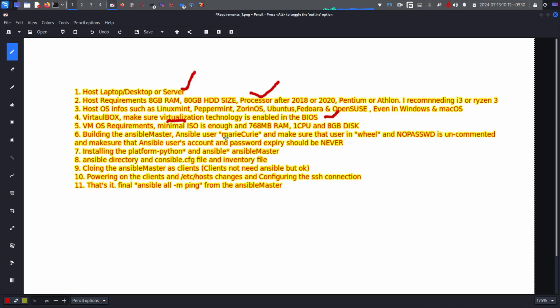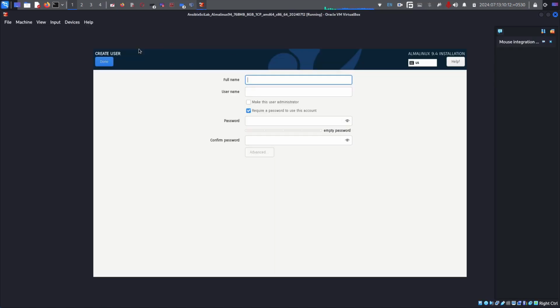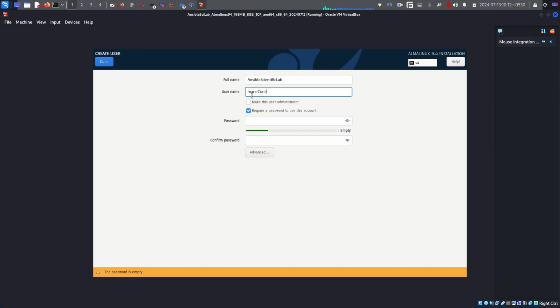Yeah, the Ansible user is Marie Curie, right? This user we are going to create now. I am giving the full name as Ansible Scientific Lab. Okay, and the username is mariecurie, Marie Curie, and I am making this an administrator, and the root password